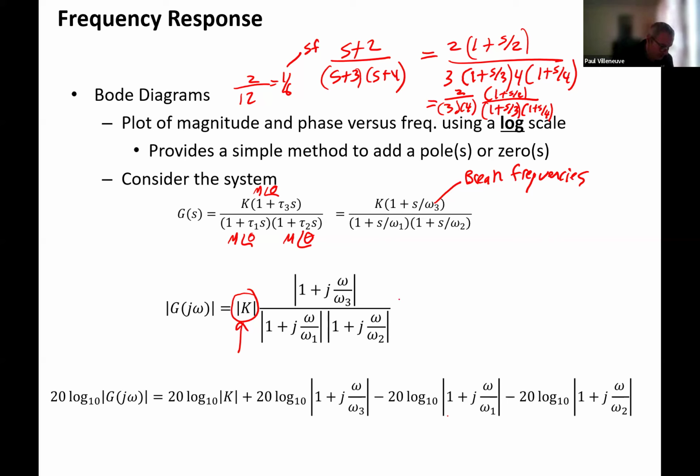Okay, so let's continue on. So let's add this part over here. If I wanted to calculate the magnitude of this, I have 1 plus omega over omega sub 3 squared, divided by, and that has an angle. So that's omega over omega 3. And then this one is the square root of 1 plus omega over omega sub 1, that's squared at an angle of, or inverse tan, sorry,